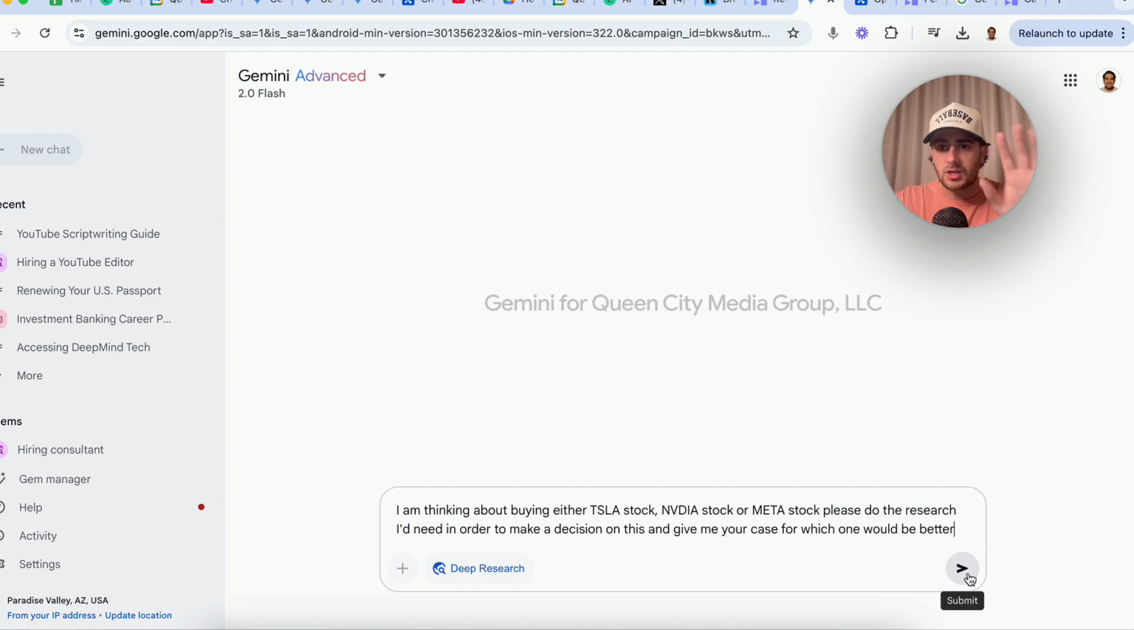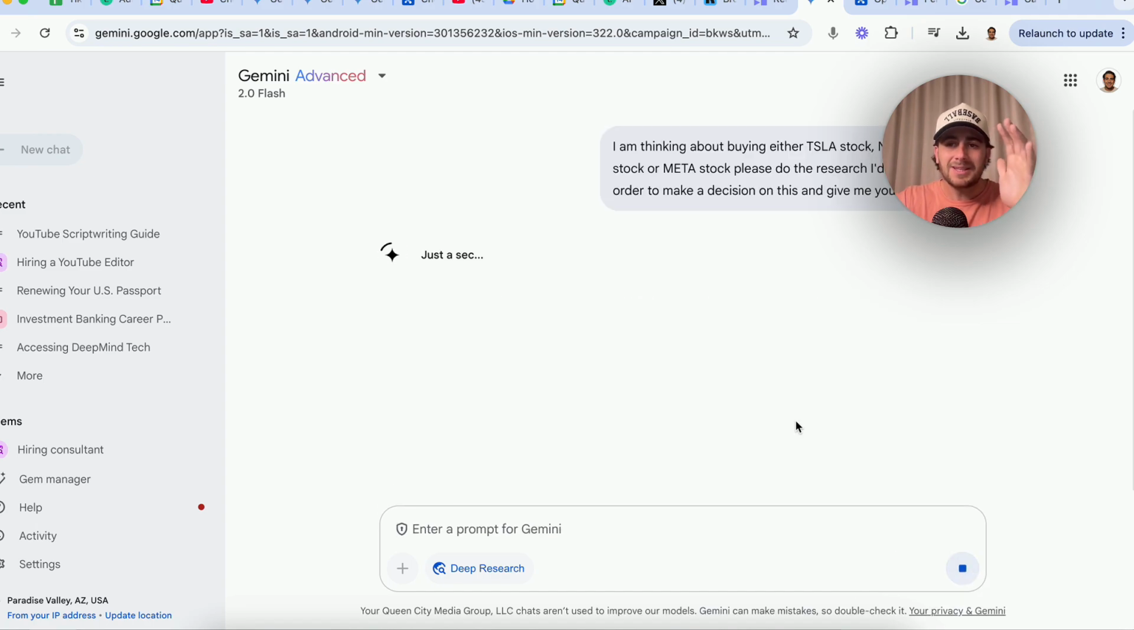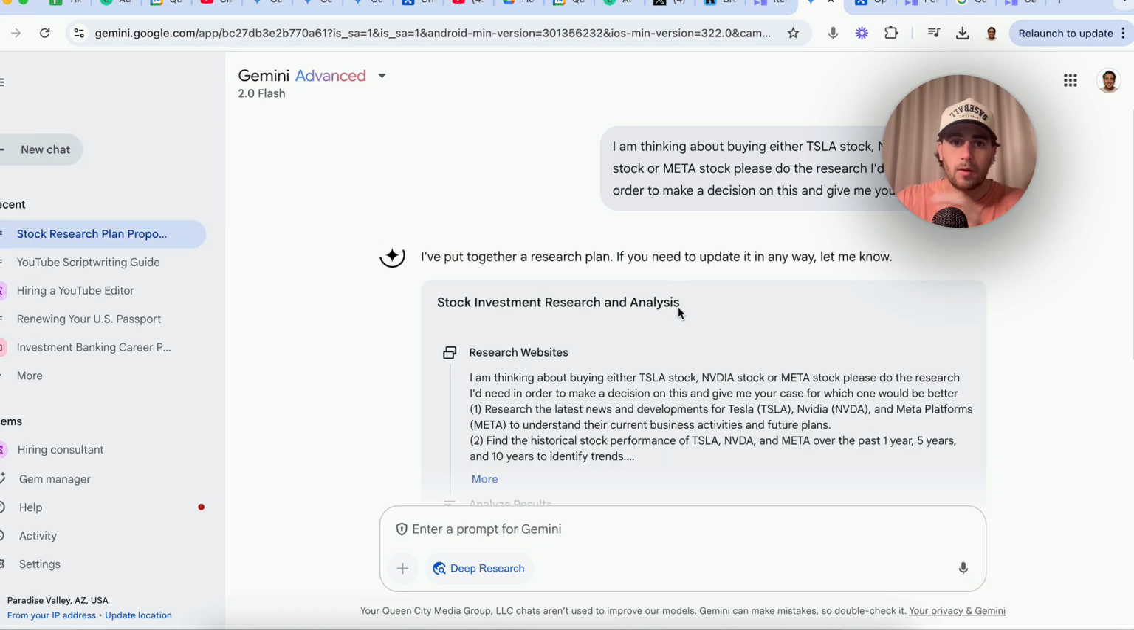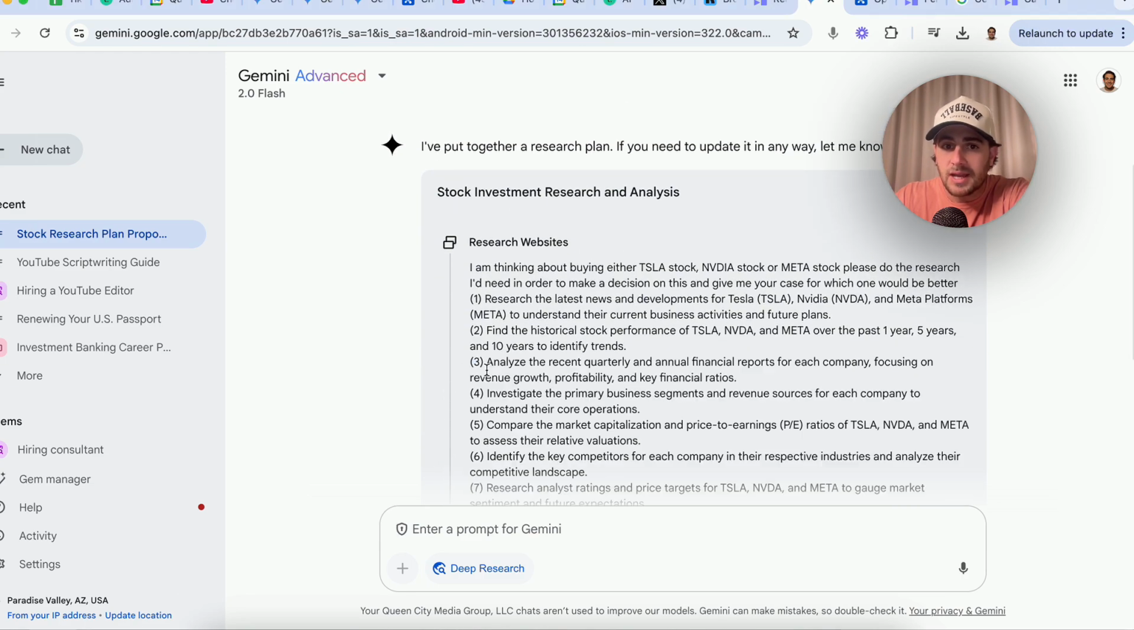Now, essentially what you want to use this tool for, any type of research that you would have done in the past, stop doing it yourself. Start having this tool do it because it's going to do a way better job for you. What this is going to do right now is actually build me out a research plan. So if it says, if I need to update it, please let me know. But this actually goes through and